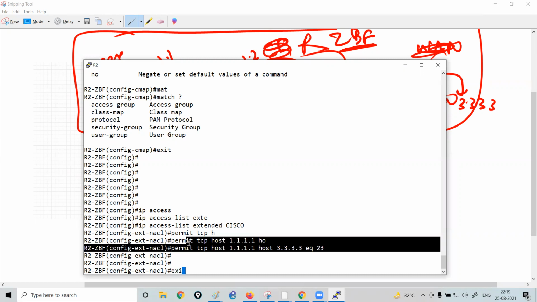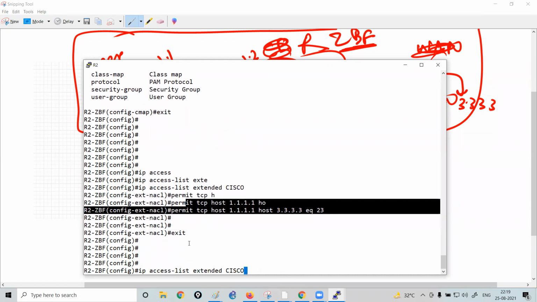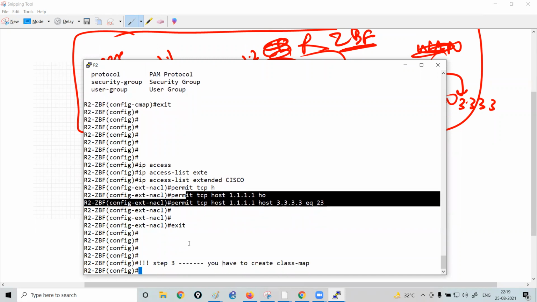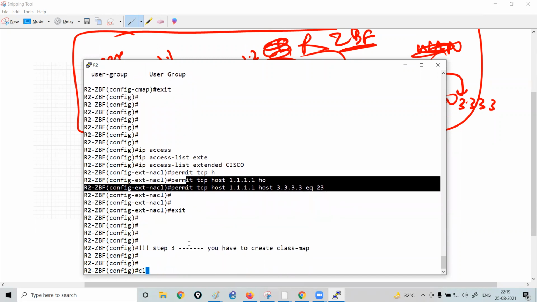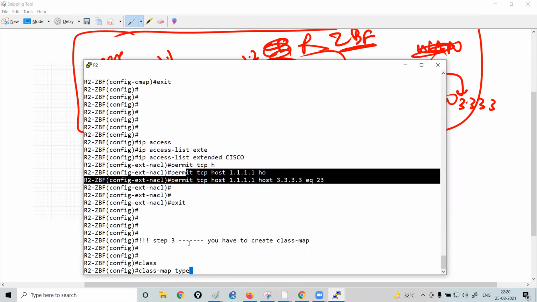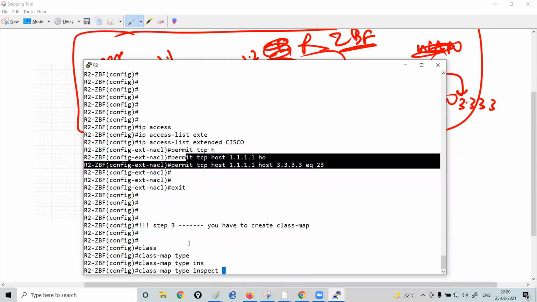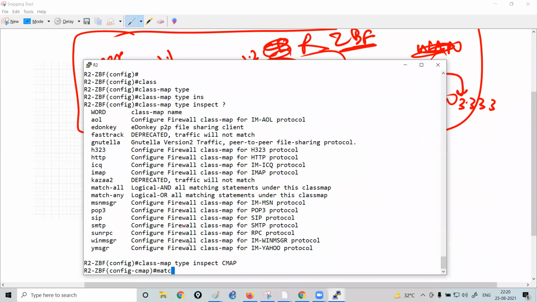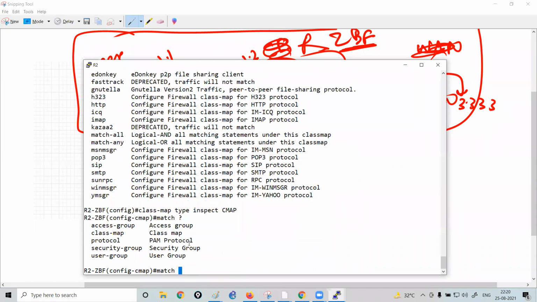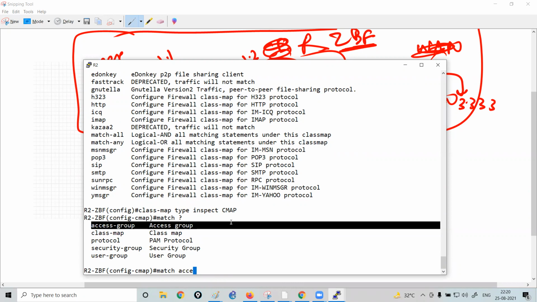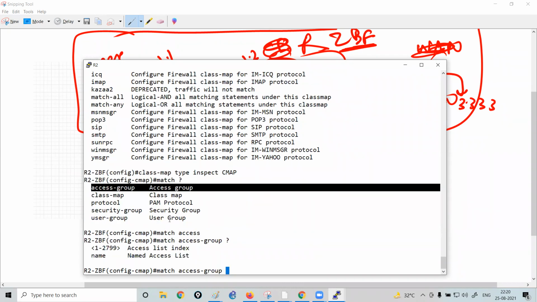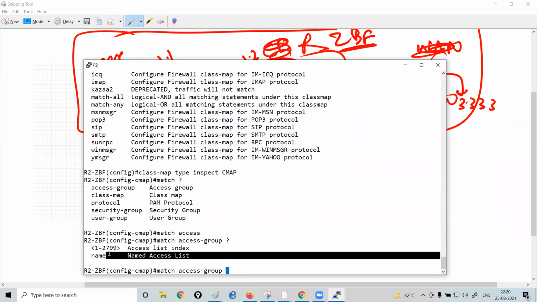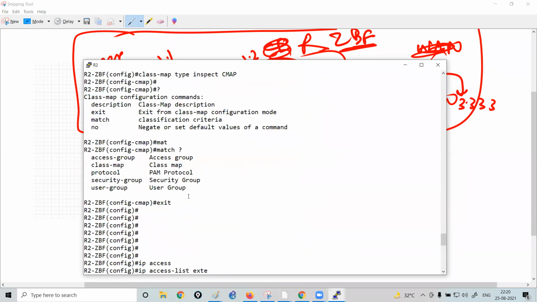Now, what I need to do is call this ACL into the class map. So class-map type inspect, and then you have to give the name of this class map, which I have already given, CMap. Then match, put a question mark, I need to call the access group. Access-group, put a question mark, here you can call the access list. So what is the name of the access list which we have created?